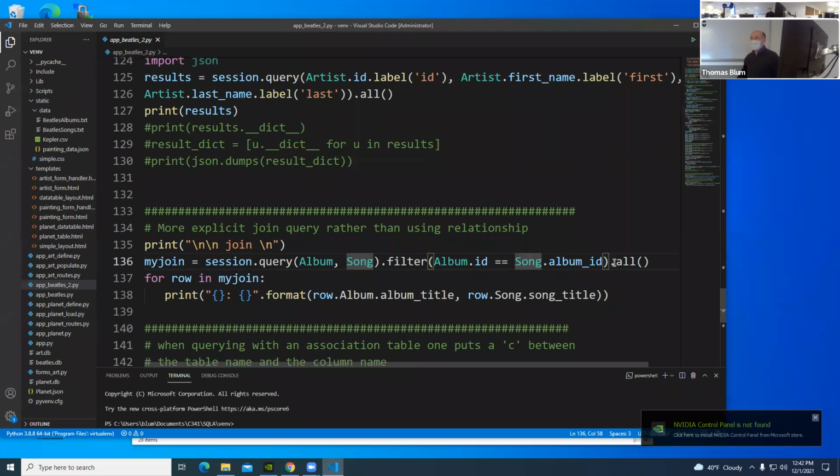So that is a join. And so we got that effect through the relationship, but we can also get that relationship through the query. So now we have sort of two ways of doing it.